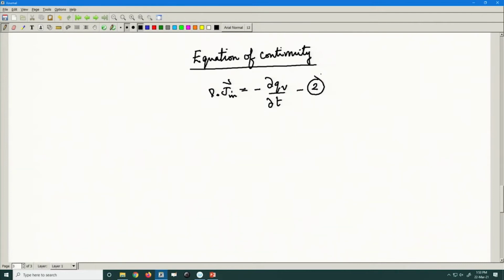So, this is the equation of continuity. It links the divergence of the current to the time rate of change of the electric charge. So, this is the continuity equation,